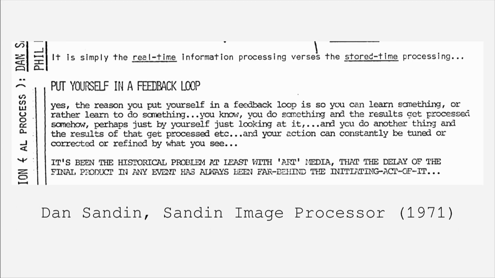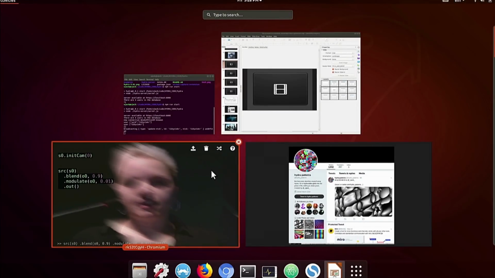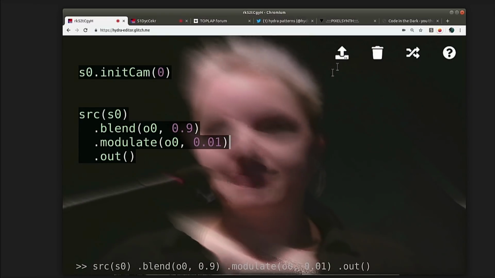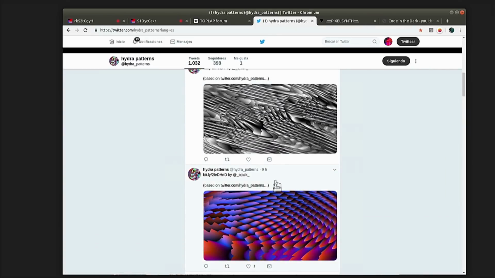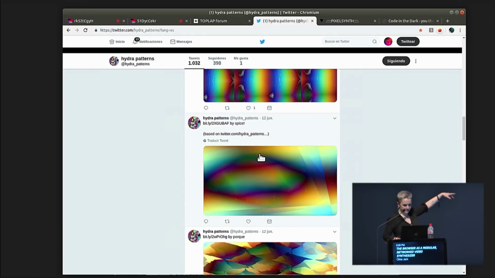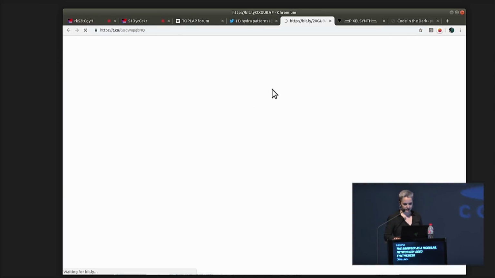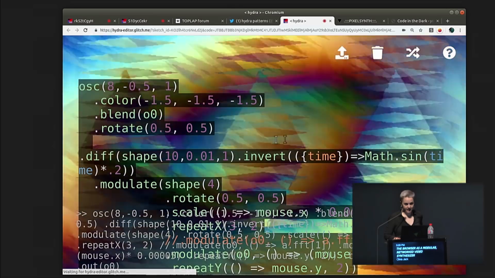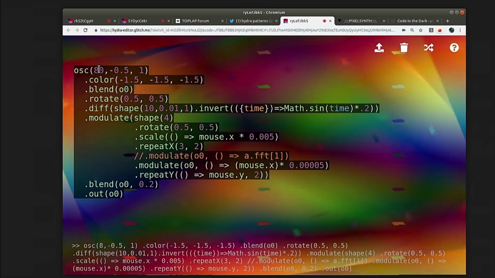And so also one of the things I've done is made a Twitter bot where you can post a sketch to the Twitter bot, and different people who've been using the editor can post something here, and then if you click on it in the Twitter bot, it directly opens the code, and so then you can directly edit the code here.